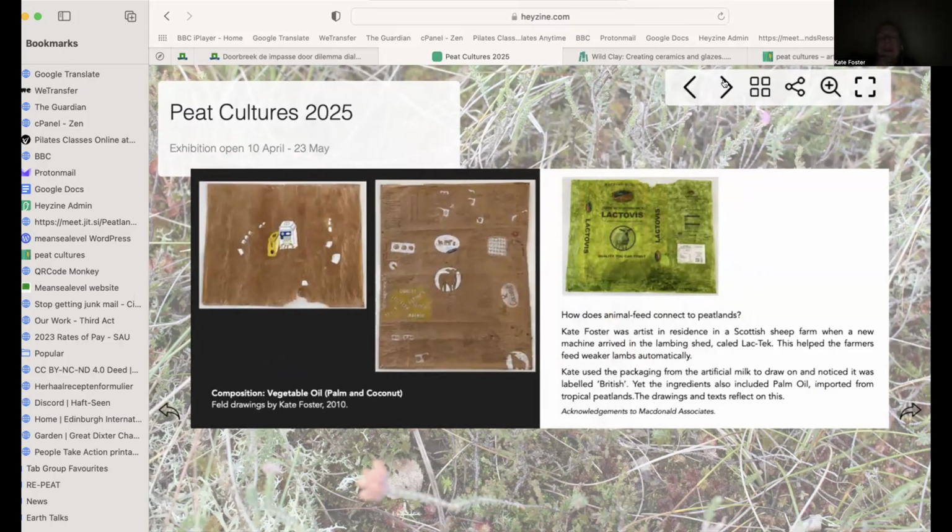But if there was one piece I would look at, it was this one. It's on the back of a bag containing a product that goes into sheep's milk. So I did it on site as a medium for field drawing. And that for me had quite an immediacy and was quite improvised. So I think I feel more improvisational and widely connecting than the more in-depth inquiries that perhaps I've heard this evening.